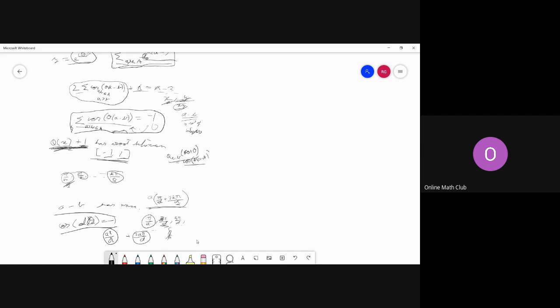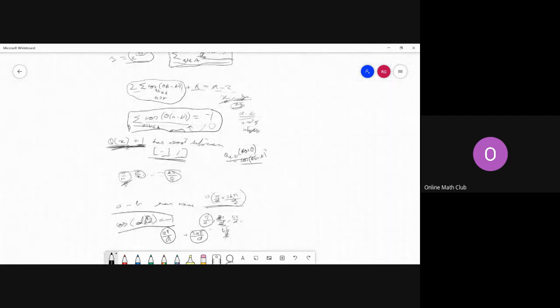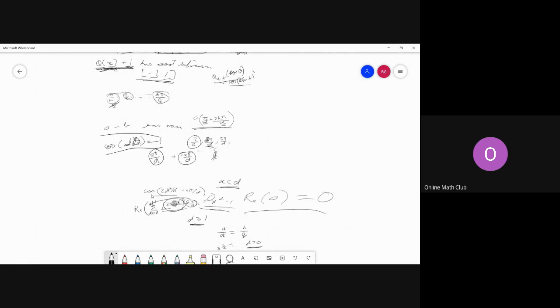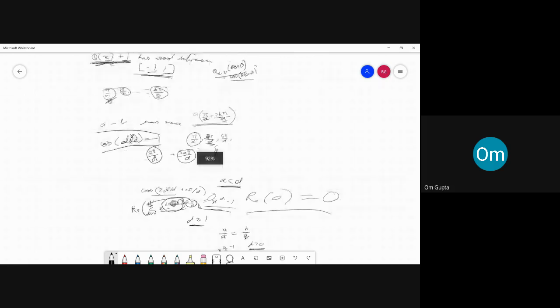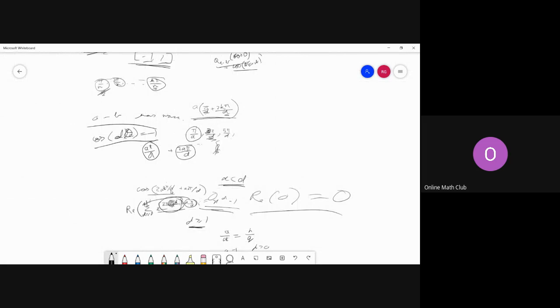This is the real part of the sum over k greater than or equal to 0 till d minus 1 of e to the 2 pi a k by d plus a pi by d into i. I didn't get the a pi by d plus 2 a k pi by d thing. How did we get that? If you just multiply this by d, you get 2 a k pi. It just goes away. d theta is equal to -1, right? So if you multiply, this becomes 2 a k pi. Multiples of 2 pi you can ignore, and this is just pi.